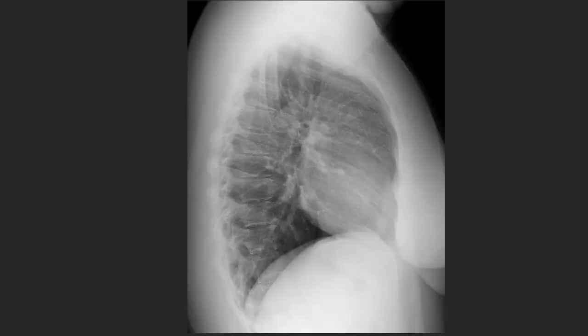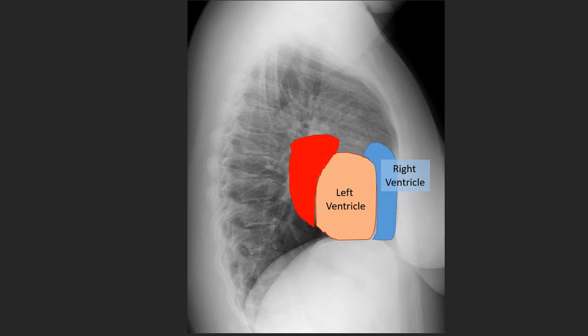How do these look on the lateral view? On the lateral view, the most anterior structure in the heart to remember is the right ventricle. The right ventricle is the most anterior structure in the heart. Behind the right ventricle and forming the inferior and posterior aspect of the heart is the left ventricle,